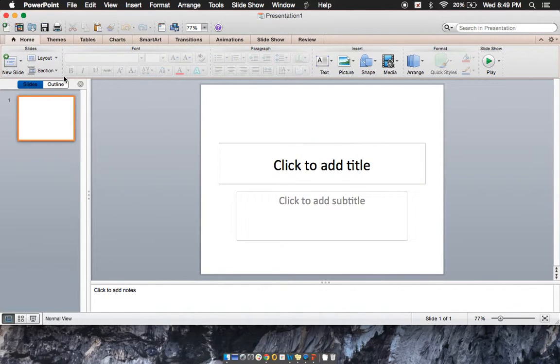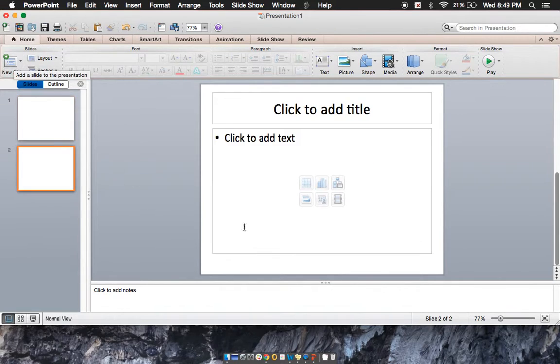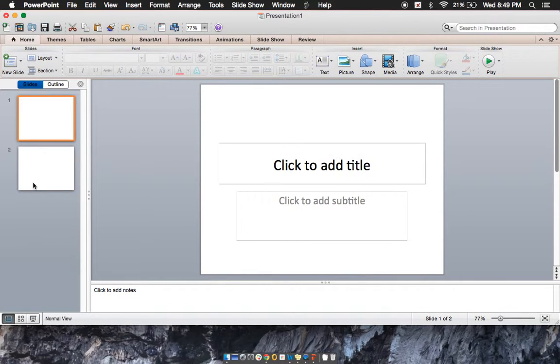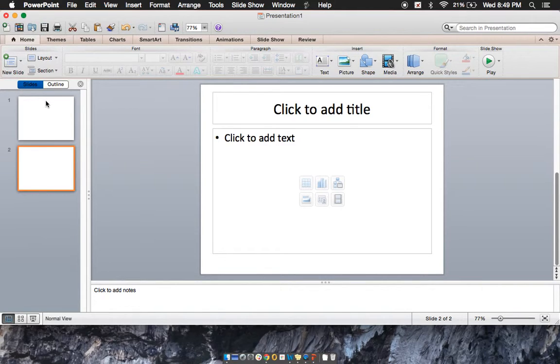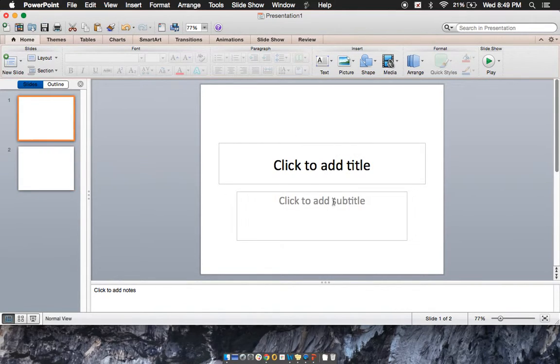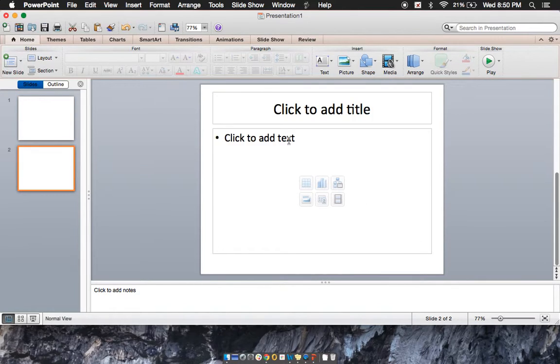So first I'm going to show you how to add a new slide, which is done simply right up here. I can click on add new slide and it gives me another slide here. I can choose my slides, whatever there. These are the ones that are already existing in my presentation. So this slide, it's a bit boring, right? I mean, you can add a table, a graph, a video, a picture, or other things here,